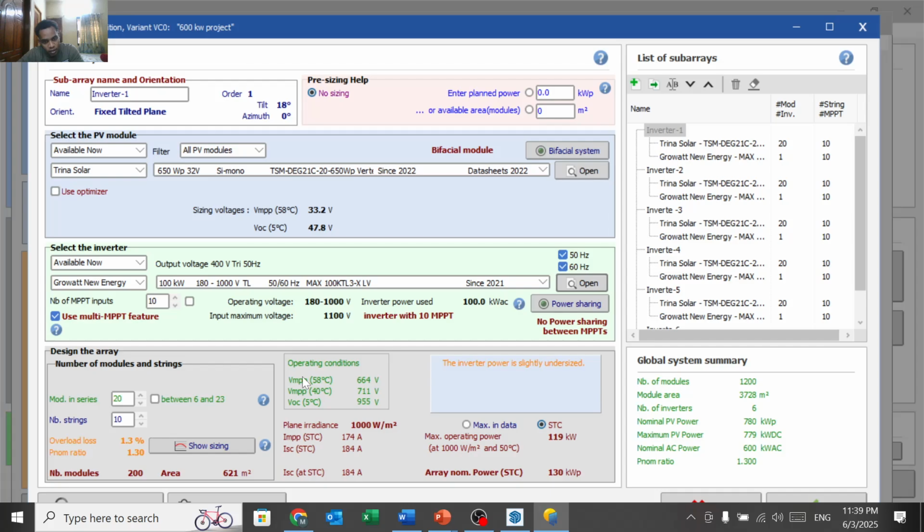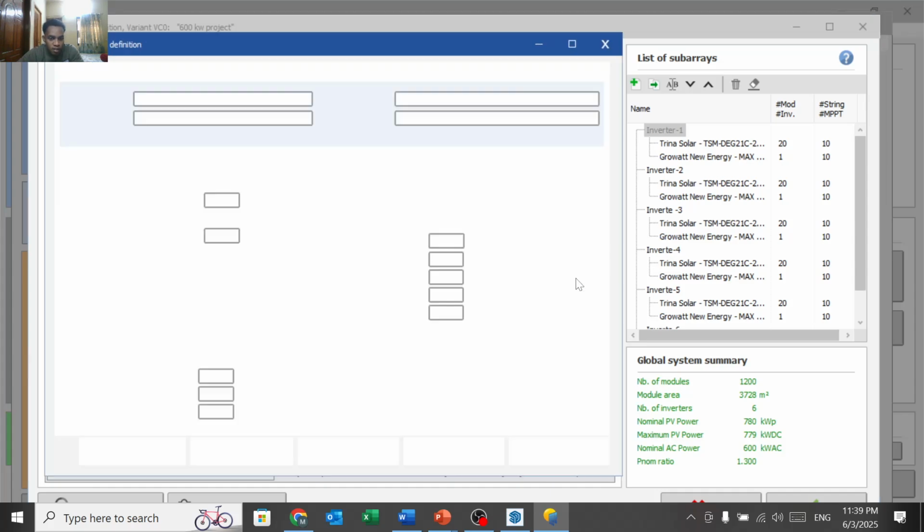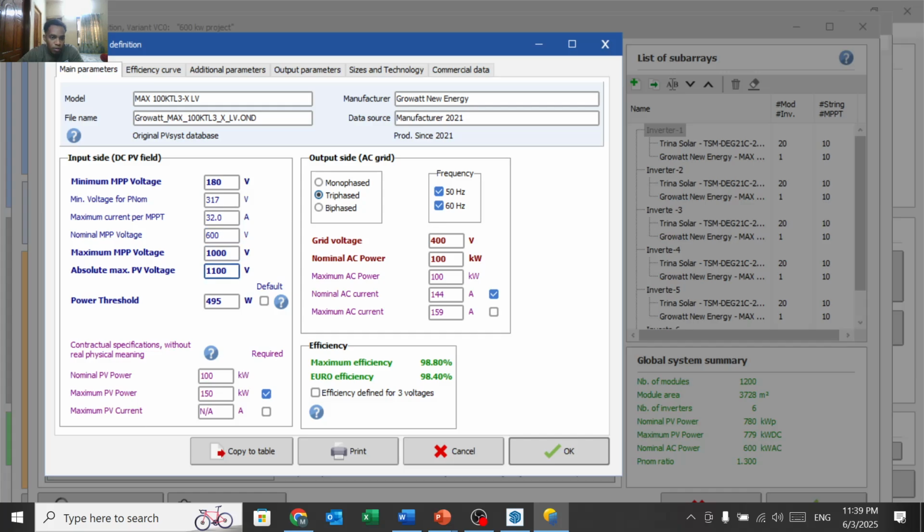So that shows me here when the temperature is 58, I'm going to get 664 volt. And when it is 40, I get 711 volt. And when it is 5, I get 955 volt. That means I am always on the safe side. You know why? Because I did not cross those limits, and also I give the inverter the nominal voltage all the time in the different types of temperature. Okay,